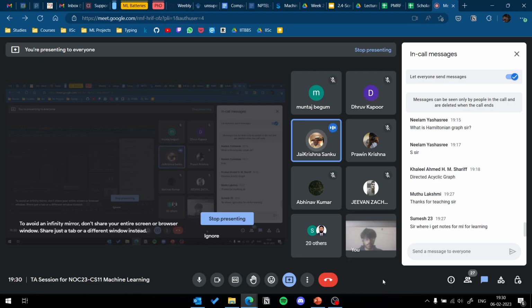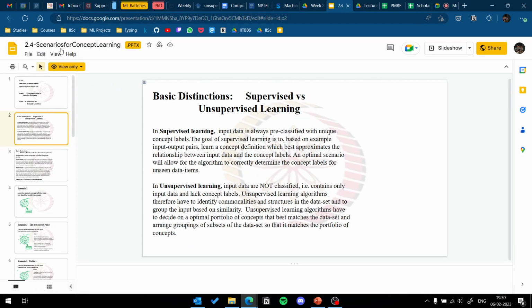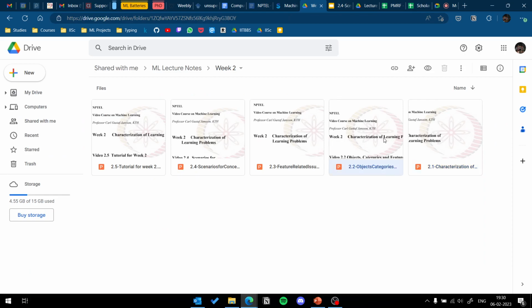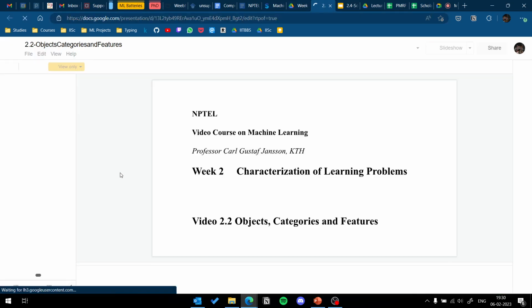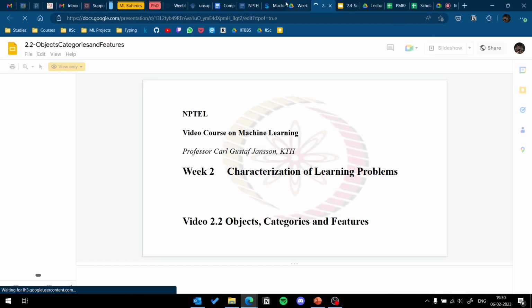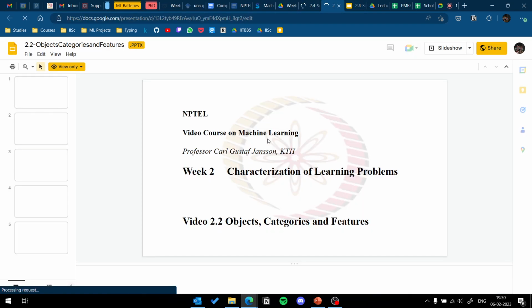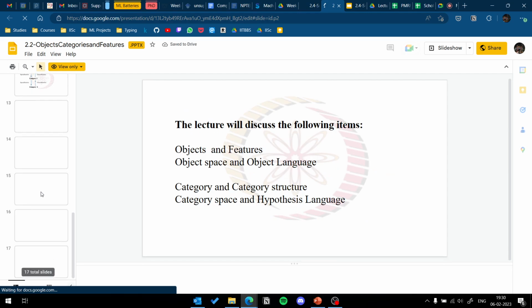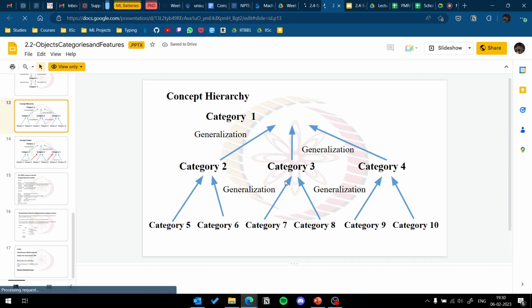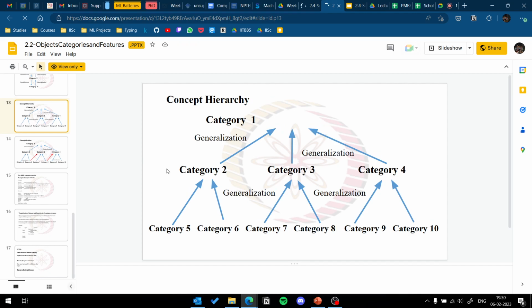And what is the concept hierarchy? Okay, so we'll go back to this. This is a little bit off, but okay. So, concept hierarchy. It means that this sort of structure is usually